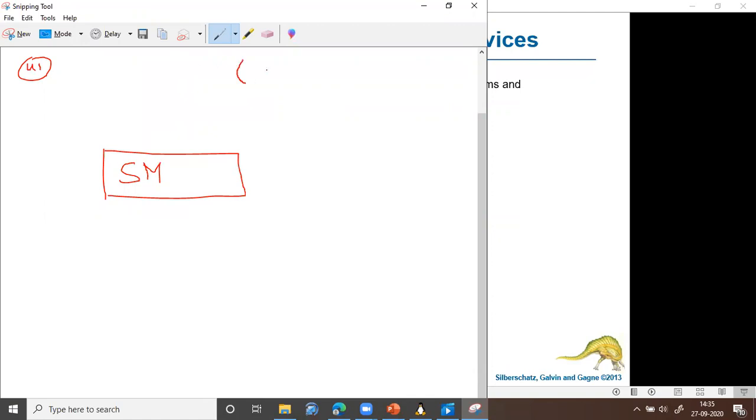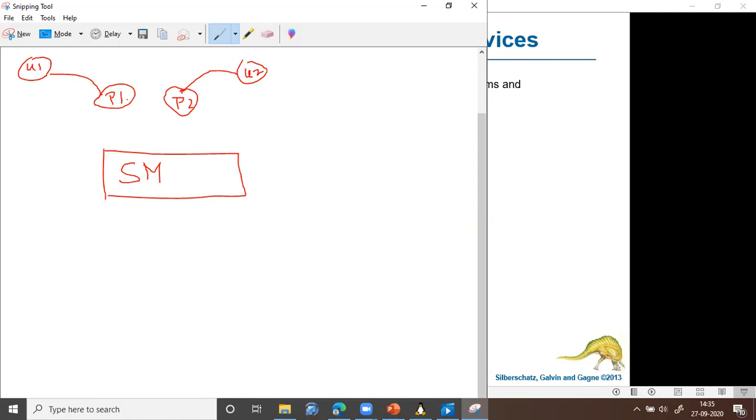Say user 1 is running a particular process called P1, and user 2 is executing a process called P2. Now using shared memory, how can user 1 and user 2 communicate? This is a shared memory which can be used by both user 1 and user 2.